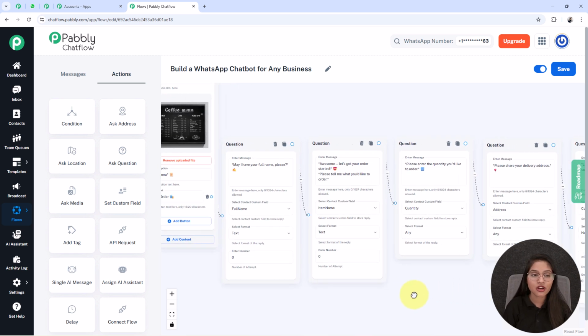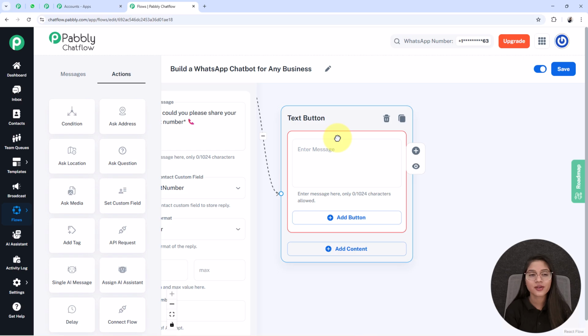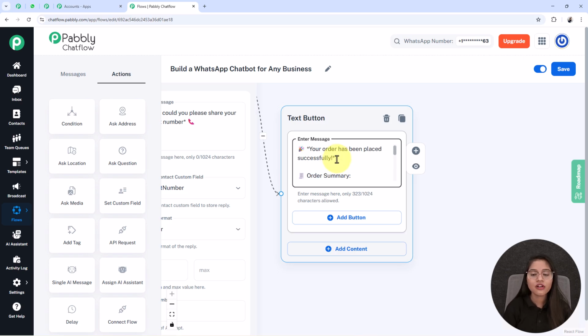Now as soon as all these processes are done, then at last I want to send one order summary message to my user. For that I am clicking on this circle, dragging a line and selecting the content type as text button, where I am going to write one order confirmation and summary message in this enter message box. As your order has been placed successfully, order summary, name with dollar symbol, full name, item name, quantity, address and